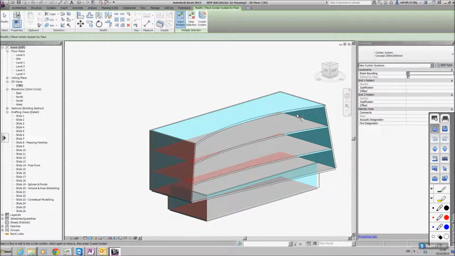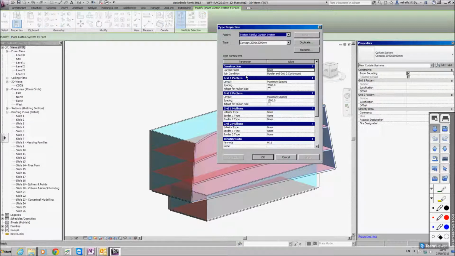I clicked on curtain system, I clicked on this face, okay, and at the moment it's going to create this system here, which is 2 meters by 2 meters. And if you wanted to change that, you could go into edit type and change what you needed within here before. So I could make this 3 meters by